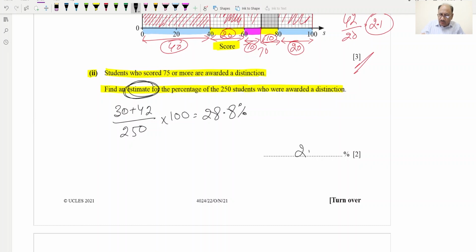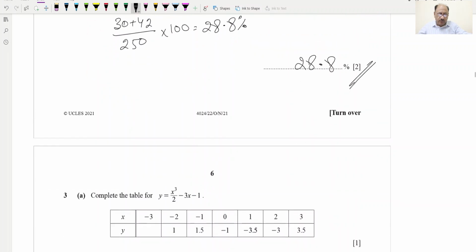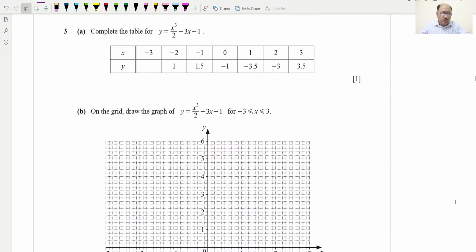28.8%. So the answer will be 28.8. This is for a 2-mark question. Hopefully you understood this. Now question number 3, part A: we have to complete the table for this equation, and the rest of all the values are provided. Only this is the blank value, and we have to provide